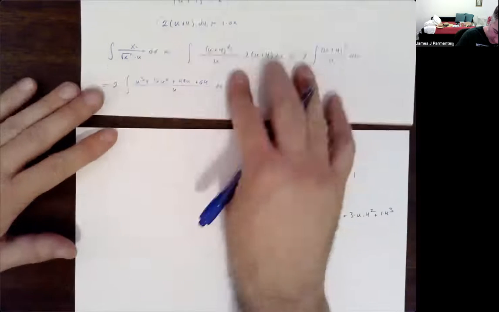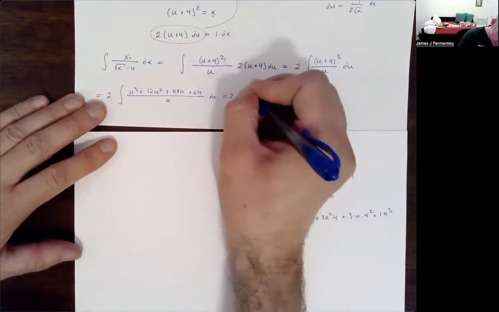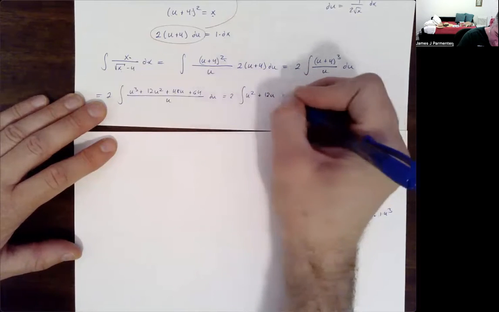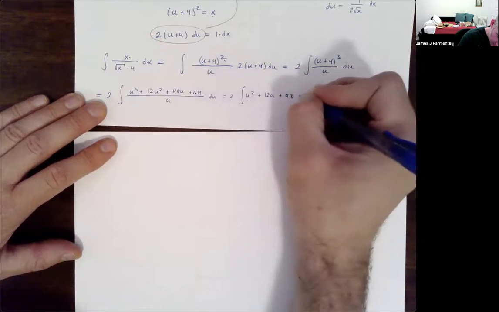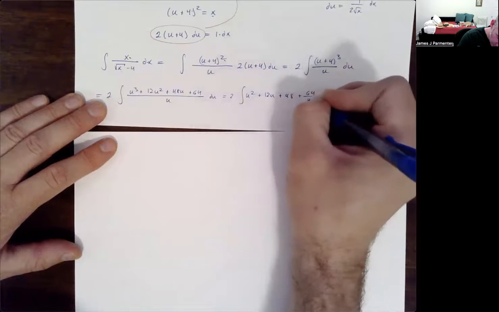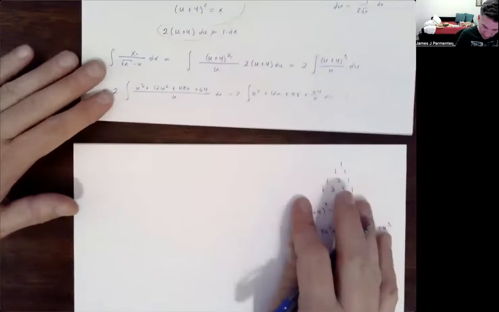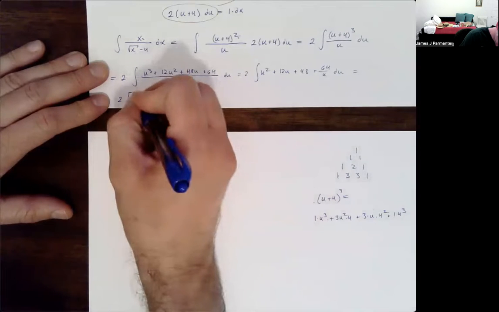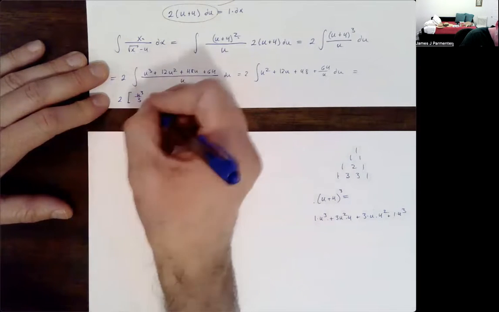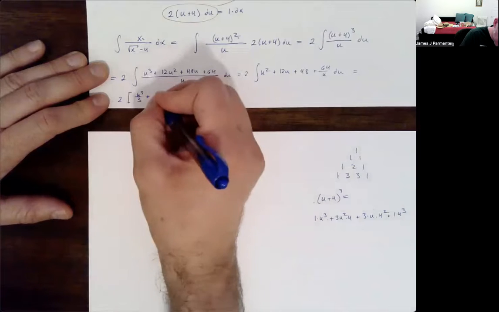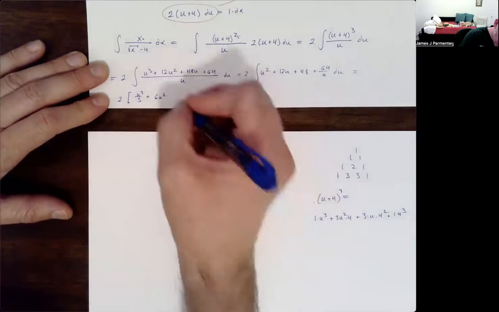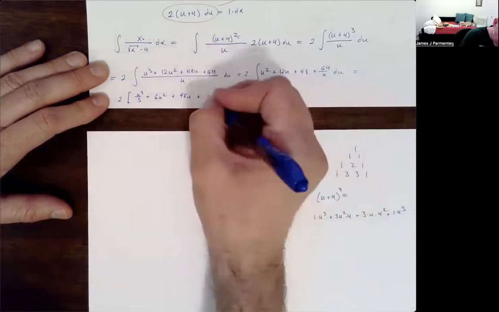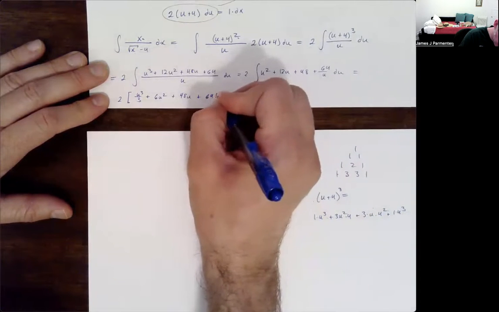So I end up getting 2 times the integral of u squared plus 12u plus 48 plus 64 divided by u, which ends up equaling, 2 times u cubed over 3 plus 12u squared over 2 is 6u squared plus 48u plus 64 times the natural log of the absolute value of u